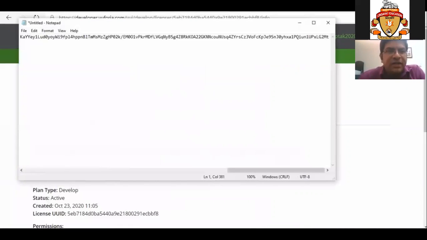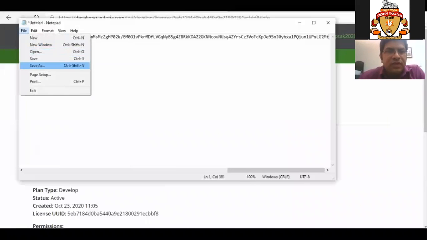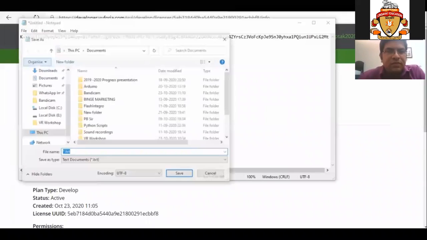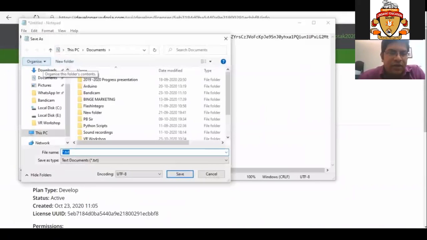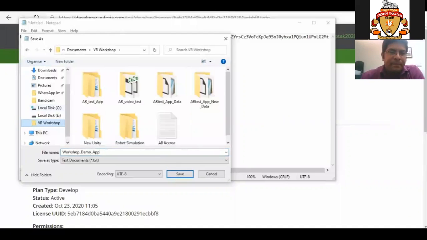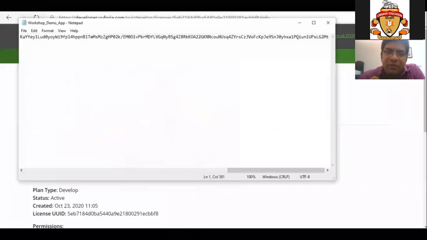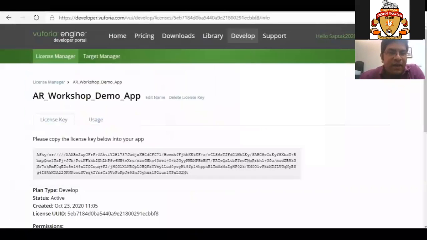So I've pasted it and I save it in the corresponding folder. The license should be kept in the folder where we want to create the AR application.